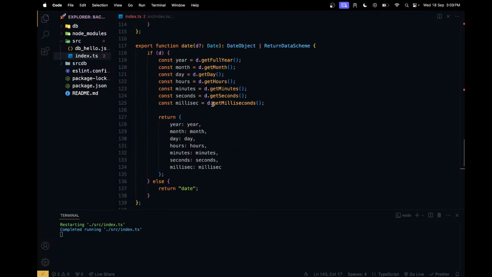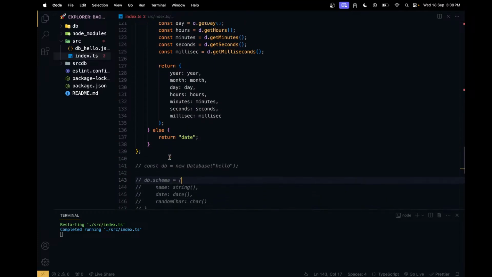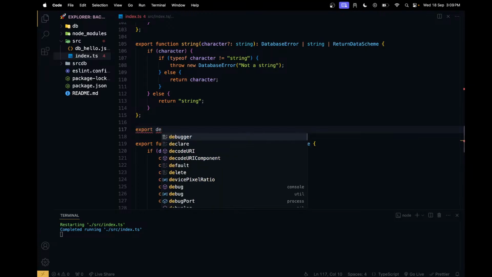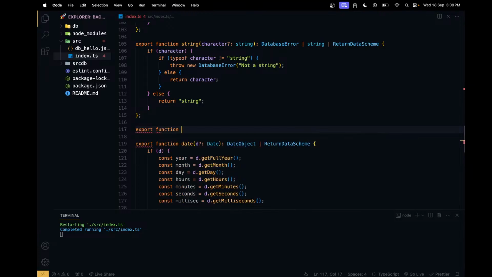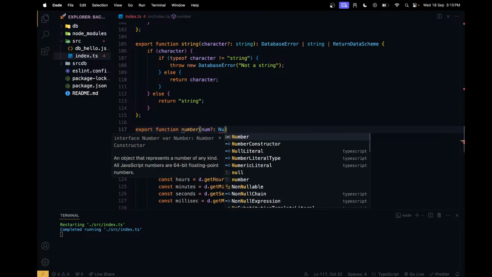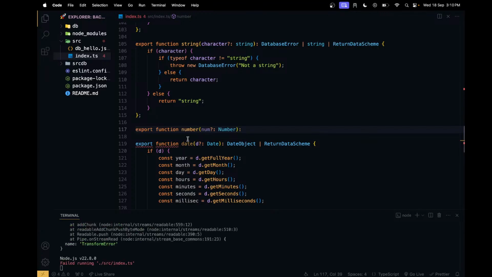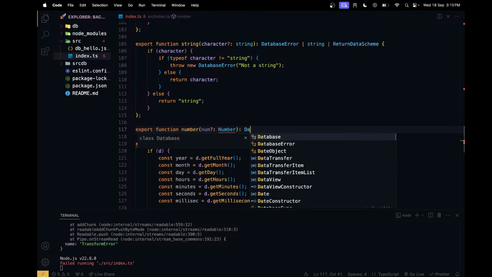I'm gonna add a new thing called number over here. Export function number that takes in a number, which has to be a number. And of course, there's something like uint16, uint8, unsigned integer 8, and then 16. We also have just normal integers. So we'll do that later. But for now, let's just make